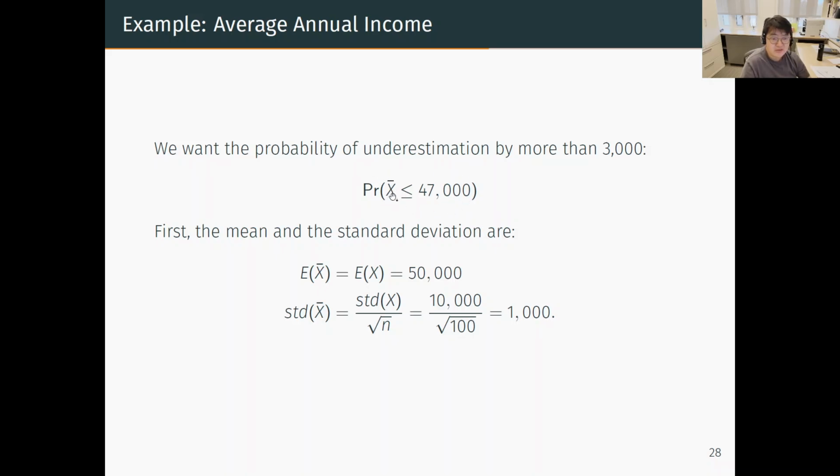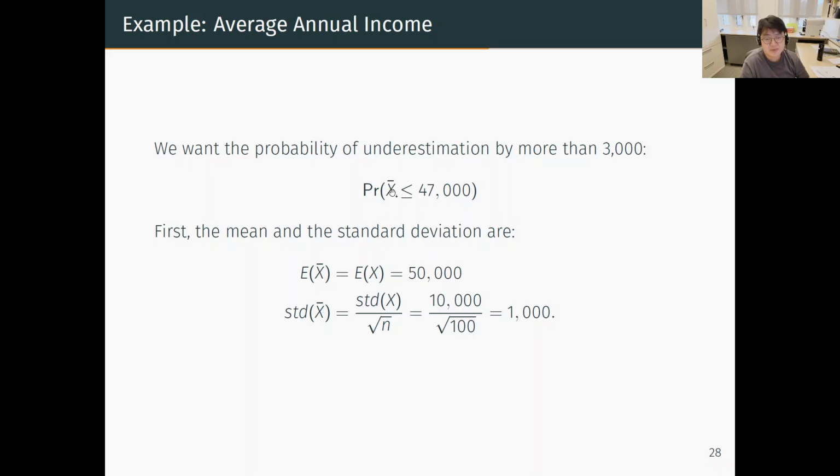Then we apply the central limit theorem on x bar. Assuming the sample size is large enough, x bar is approximately normally distributed with these parameters. The mean is the same as the single person's outcome, 50,000. So the mean is easy. But for the variance, I'm going to use standard deviation instead. You are going to see why. So the standard deviation